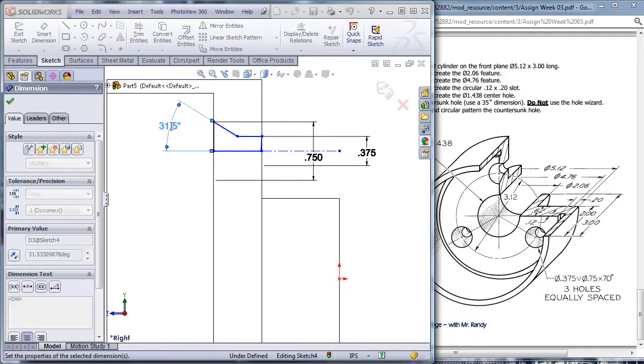Be careful where you put that dimension. Make sure you get it in the right place. Don't make this 35. That's not correct. So do be careful with that 35 dimension. Now,